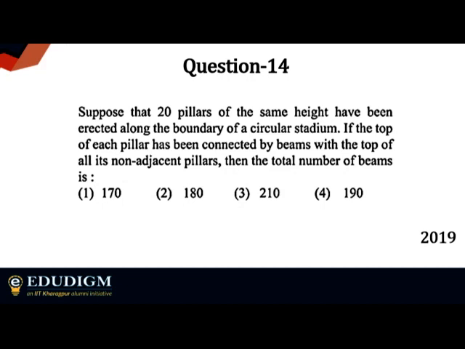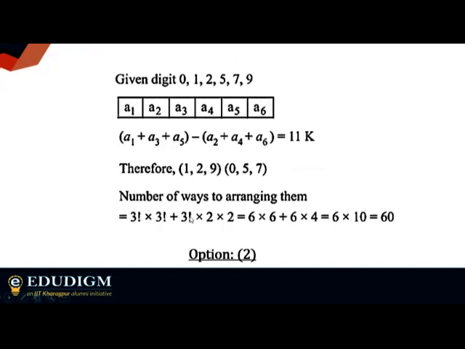Okay, yes, you're still confused. All right, I'll just use this one. 3 factorial into 2, it was not 3 factorial into 2 into 2. I'll just quickly go back to the previous slide so that you can understand. Okay, now this is, I think I'm just going to write this. I am sure you're okay with this portion. Okay, suppose you're taking this A1, A3 and A5. Okay, these are the odd positions. Suppose they are in odd positions, so this 3 factorial is there, and they are in even position, so this 3 factorial is there. So I hope this is understood.